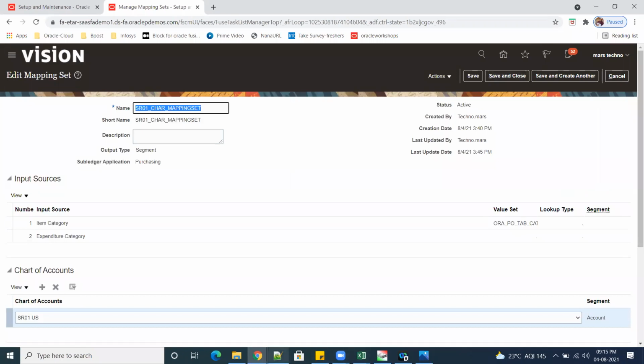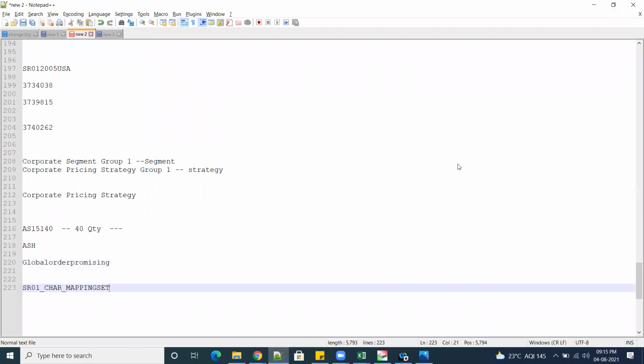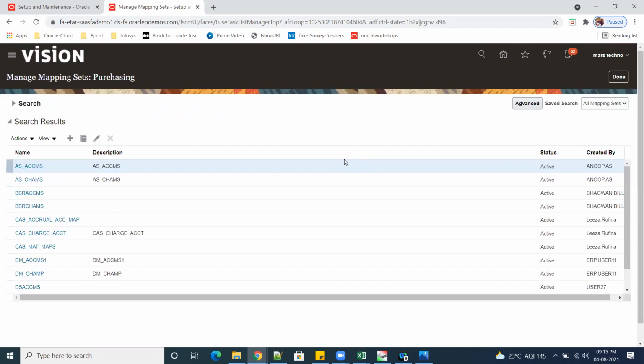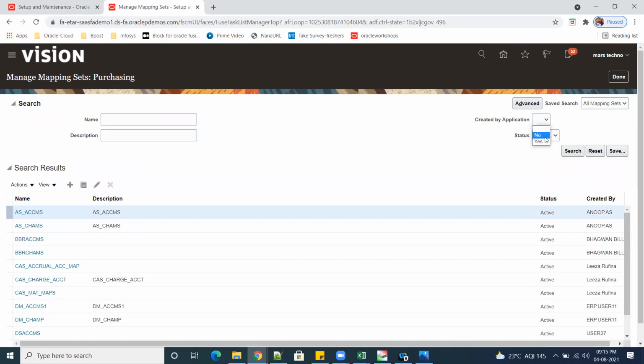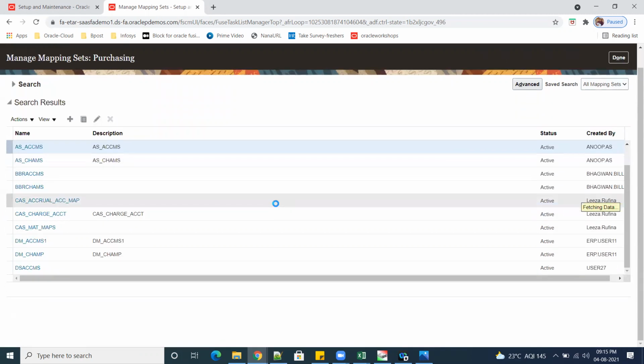So I'm taking this. Save and close. Okay. So like that, how many mapping sets you want, you can define. So if we see here, created by application is no. So you can find n number of sets.